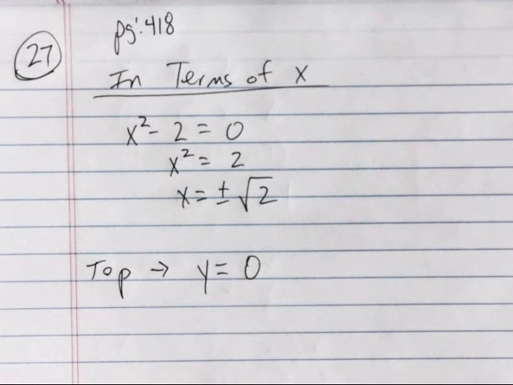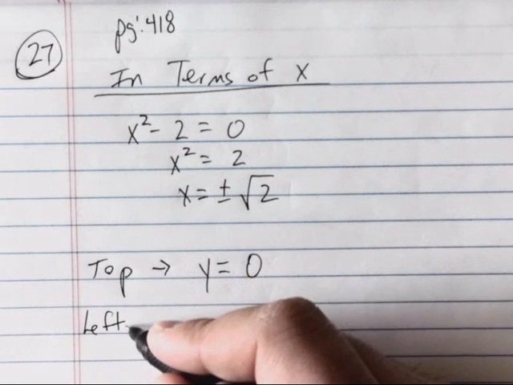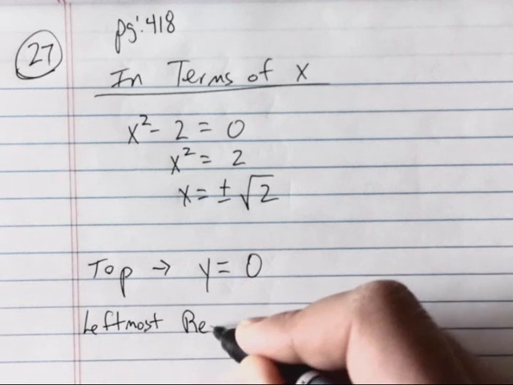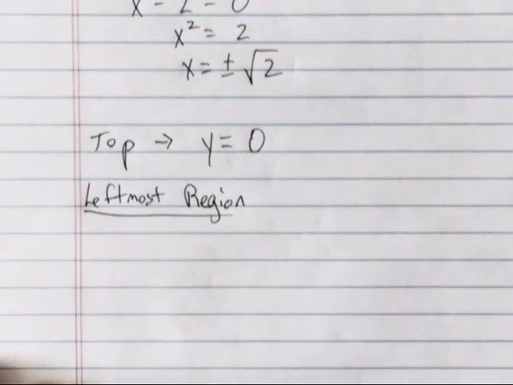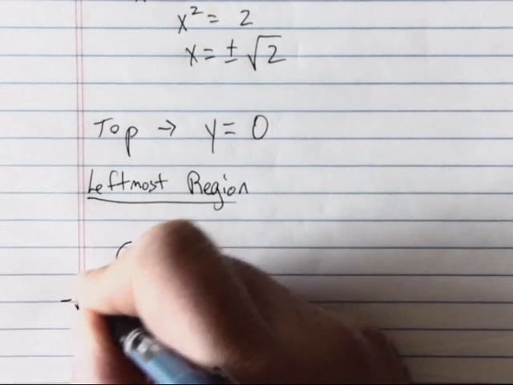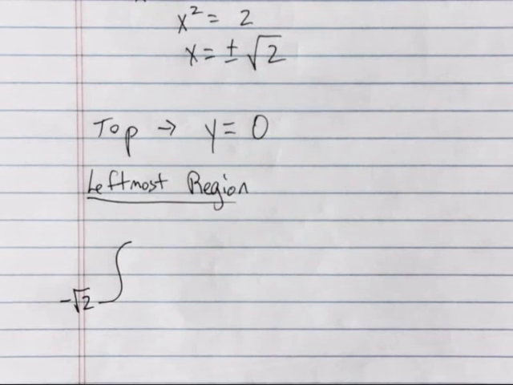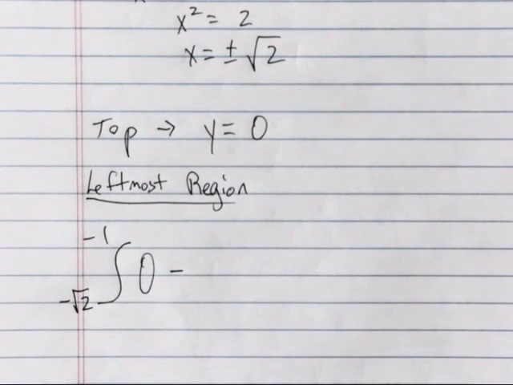For the leftmost region, since this is a compound region, to the left of that vertical line we've got an a of negative root 2 and a b of negative 1. So that's the x-coordinates of our starting and stopping point. We know that the top function is y equals 0. The bottom function is the curve y equals x squared minus 2. And since